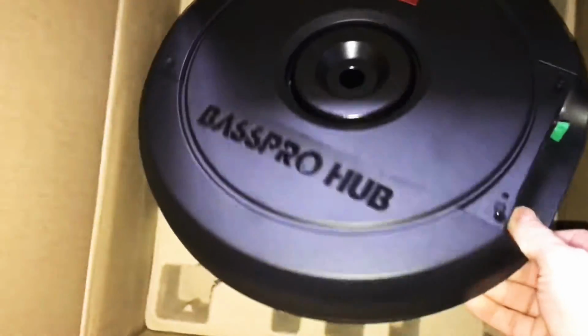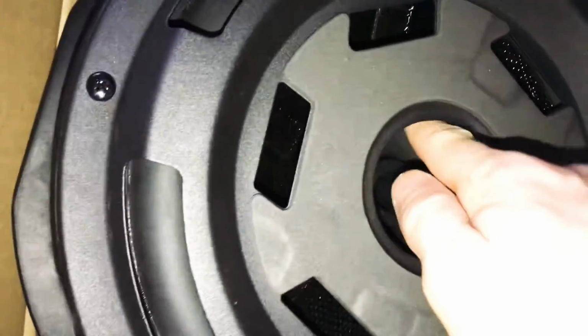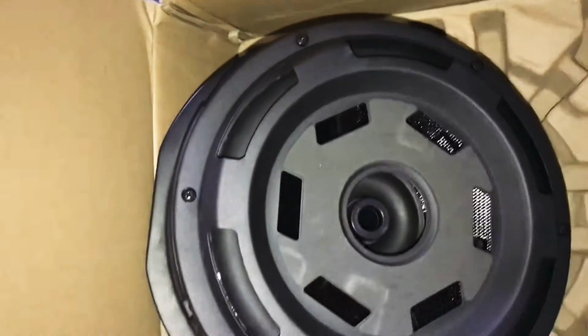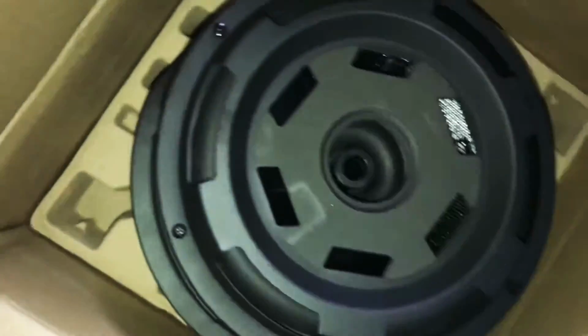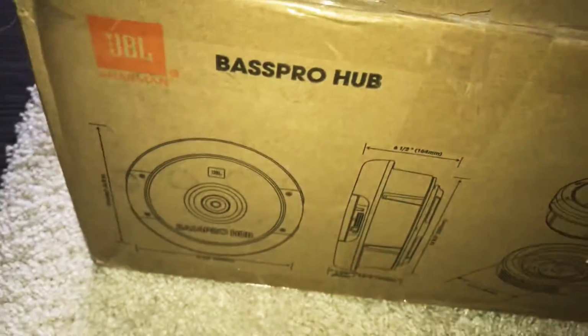It's a bit difficult for me to do one hand, but I'll try to turn it around without messing up. You got the membrane in here. This is the sub inside. As you can see, this whole part is a sub covered by this metal. It's metal. It's an alloy. I don't assume it's aluminium because it's quite heavy. But there you go. This is the JBL Bass Pro Hub,